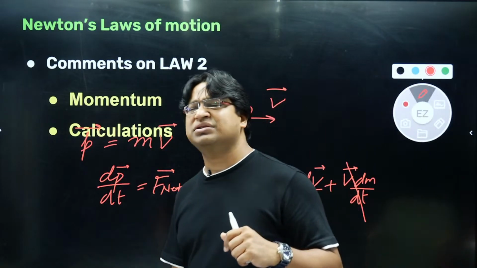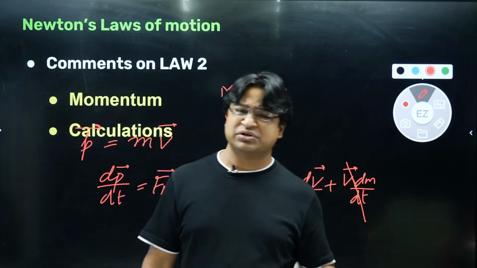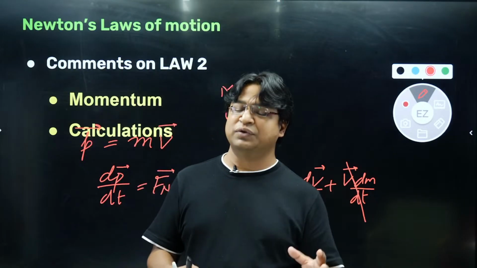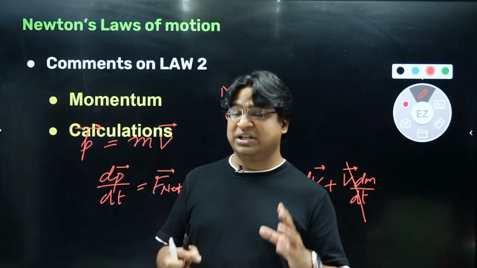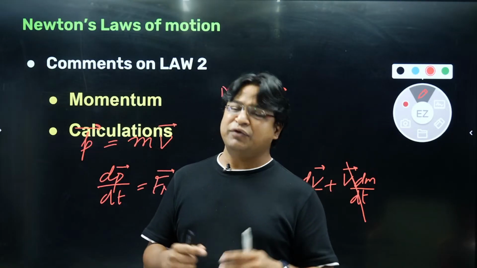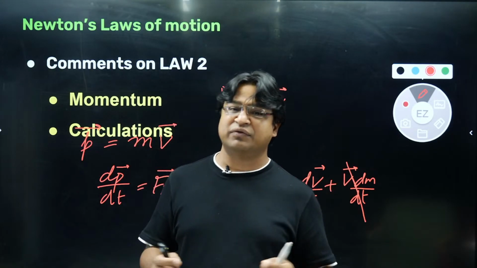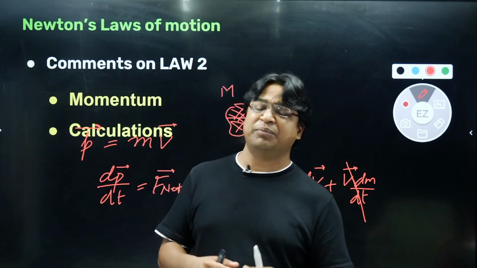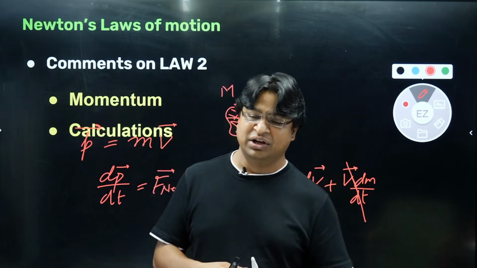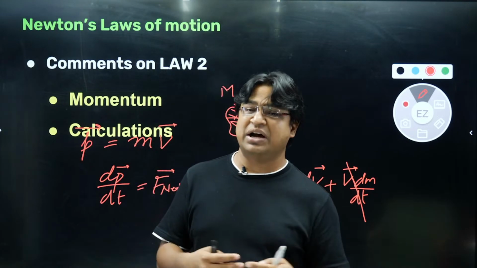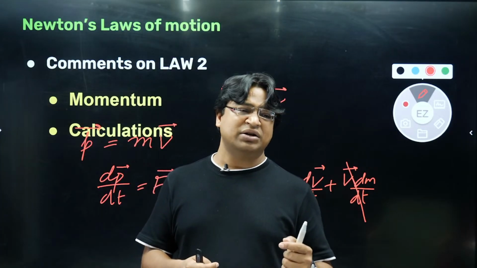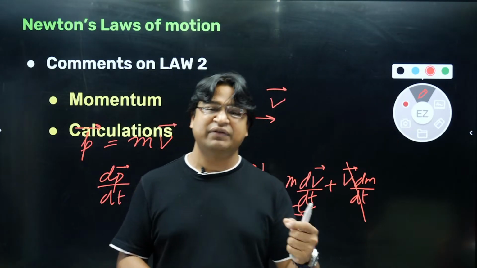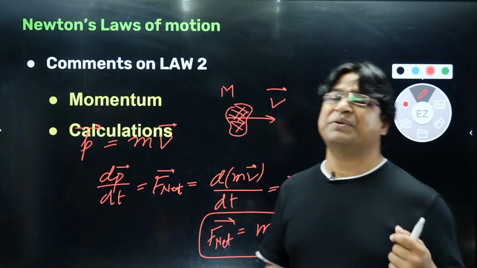Now you will say that, sir, the same should be applicable to motor vehicles also, the cars, the bikes that we see. So yes, in those also there is fuel and the fuel gets burnt, and yes, the mass does reduce. But the point is that if you think about a car, the mass of the car would probably be in hundreds of kg, probably in tons. And the amount of fuel that we put in it is probably around 30 to 40 kg. That's how much the capacity of a car is, in liters. So that much mass is very small as compared to the mass of the car, and therefore even when the fuel burns, we can assume that the mass practically remains constant.